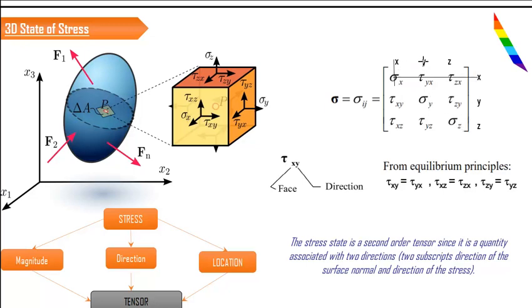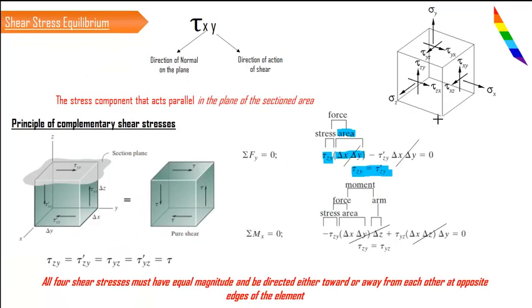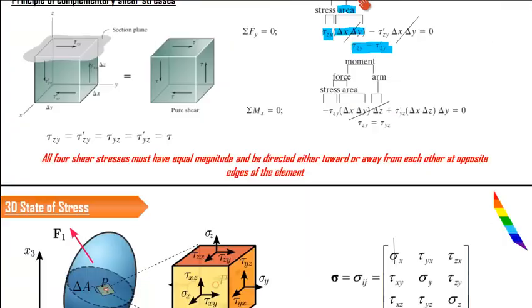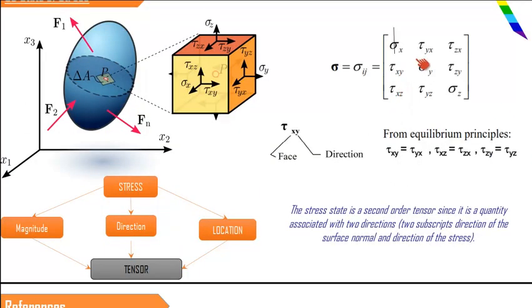And when you take these two cases, the x and y, these terms other than the diagonal elements, all the other terms are shear stresses, and this is going to be tau yx, and this is going to be tau zx. Similarly, if you look into this particular matrix, we can find out all these values easily. Okay, that is very simple. Now, if you look here, we can say that